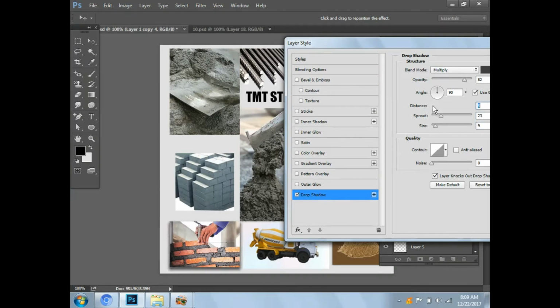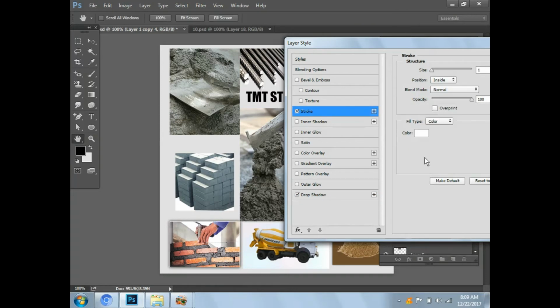Paste layer style, paste layer style. You're seeing it? Right click, paste layer style.